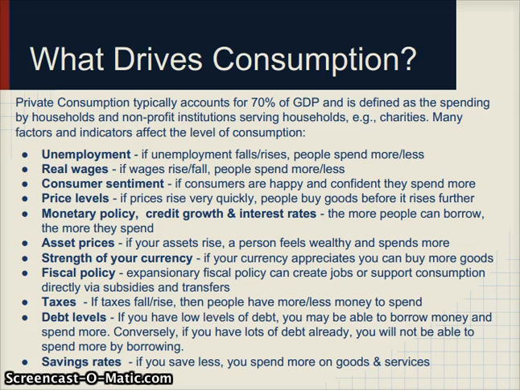But really, what are the trends? So what are the trends in unemployment? What are the trends in your wage growth? What are your trends in consumer sentiment? Are interest rates falling or are they increasing? Are stock prices rising? Are house prices rising, which make you feel wealthier? Is the government engaging in expansionary fiscal policy to help stimulate consumption? Is it cutting taxes for consumers in order for them to consume more? Can consumers actually consume more, or can they take on more debt, or do they have to pay back their debts, etc.? So just in general, these are the things I look at when looking at consumption growth.